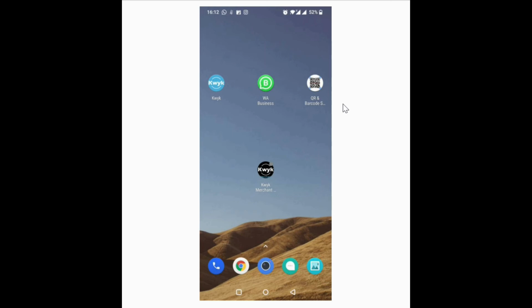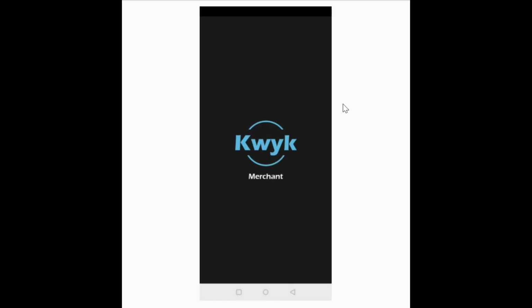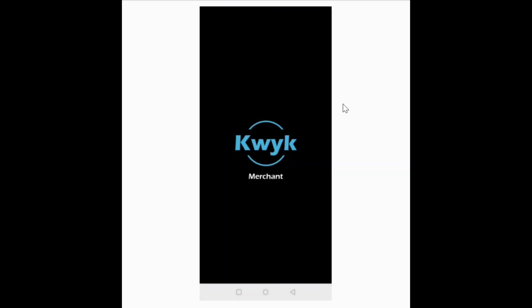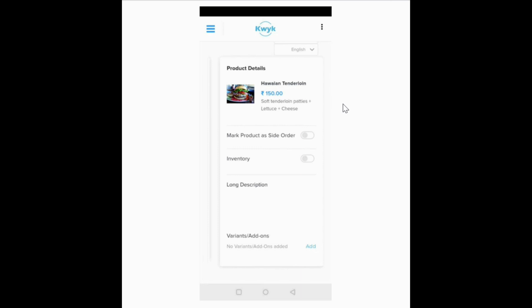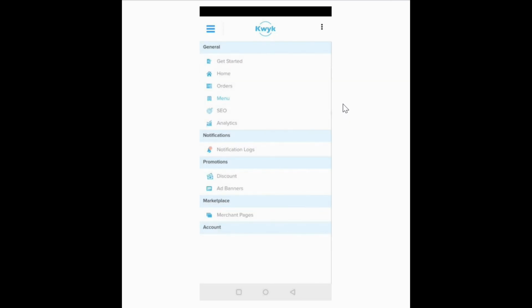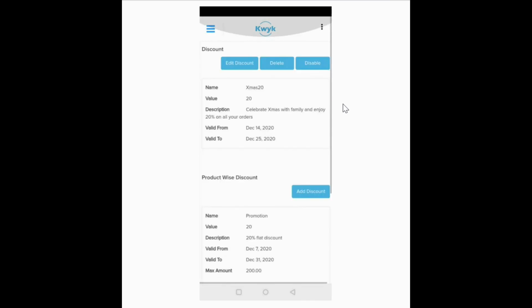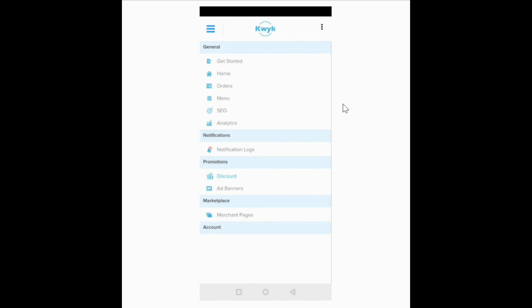And the best part is for the merchant, they need not open or manage different dashboards for the same thing. They can manage orders, menu, inventory, payments for all these channels through one single easy to manage dashboard, which is like this. So they get a web panel as well as a merchant app to manage their orders. So these are the order lists. They can click on this menu, they can change the menu, edit, add pictures, etc. They have entire freedom. They can set their SEO, they can check their analytics, they can set discounts the way they want. So complete freedom is actually given to all the merchants.